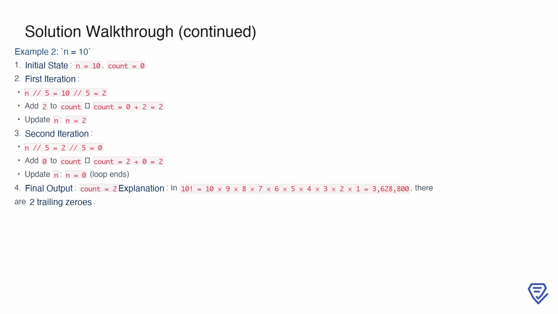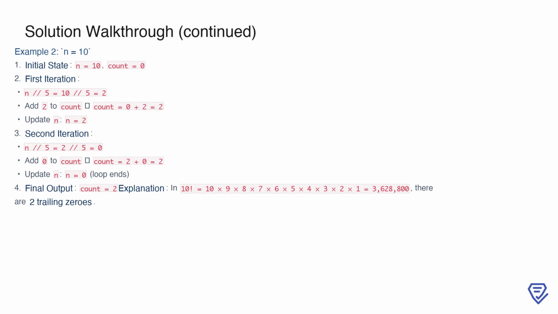Dividing 2 by 5 gives 0, so we stop, with a final count of 2. This tells us that there are 2 trailing zeros in 10 factorial. If we compute 10 factorial, which equals 3,628,800, we can confirm that the number indeed ends with 2 trailing zeros. This result happens because the range from 1 to 10 includes 2 multiples of 5, 5 and 10, each contributing